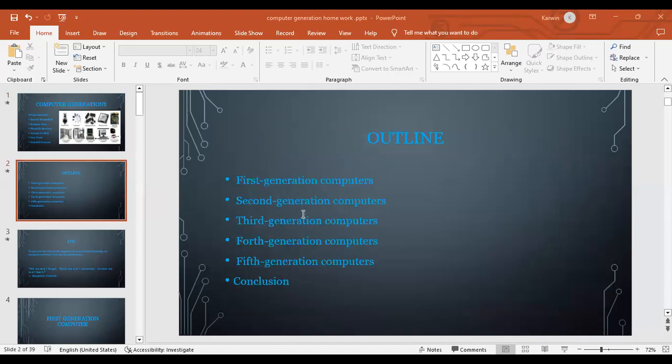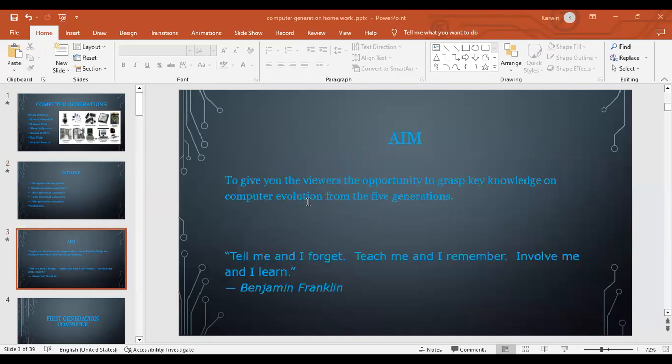The presentation will take the following outline. Here are the 5 generations of computers and the conclusion. The aim of this presentation is to give you, the viewers, the opportunity to grasp key knowledge on computer evolution